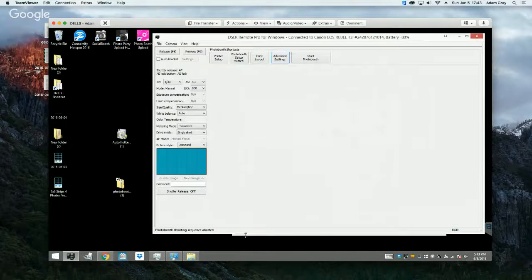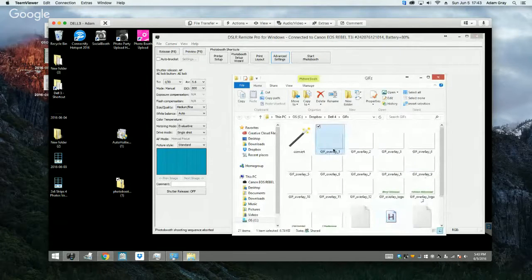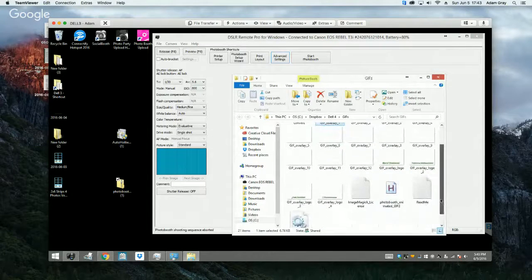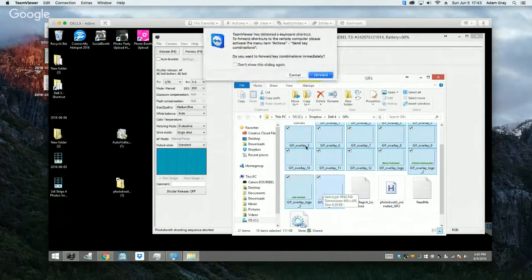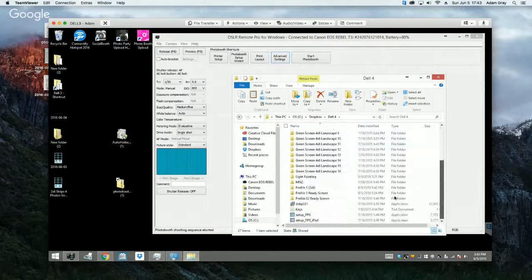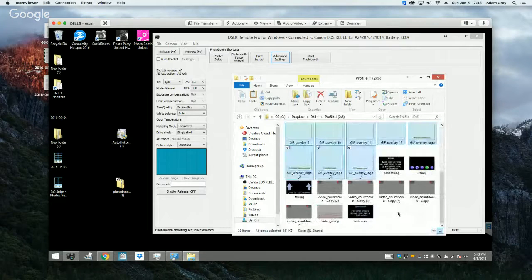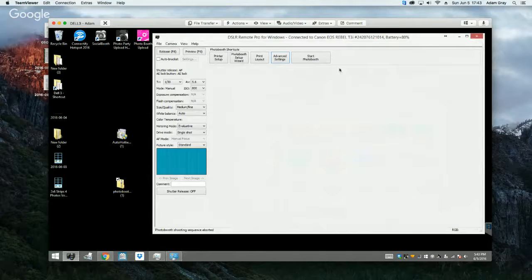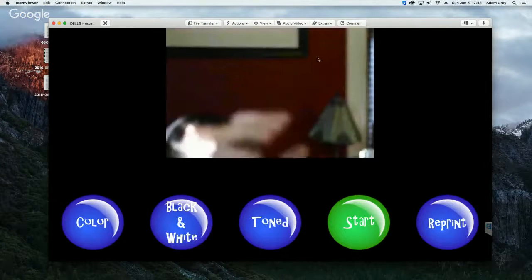Now that I know where I'm saving everything, I'm going to take these overlays and I'm going to copy these. Here. I'm going to copy these to my profile 2 screen. All right, I'm going to throw those in there. And let's see what happens, shall we? We're going to start the photo booth. We're going to say,